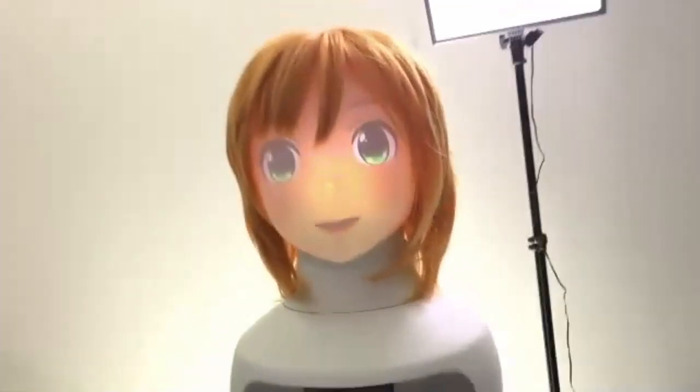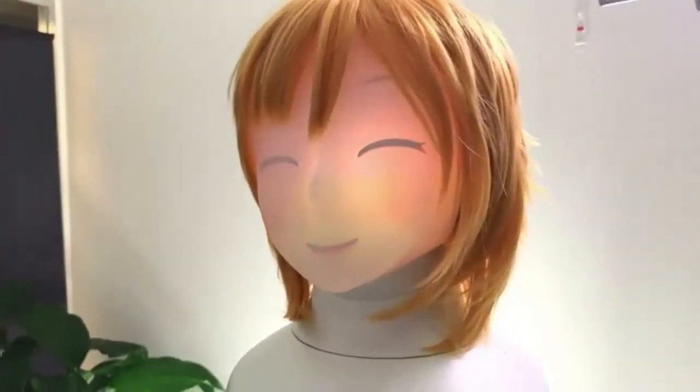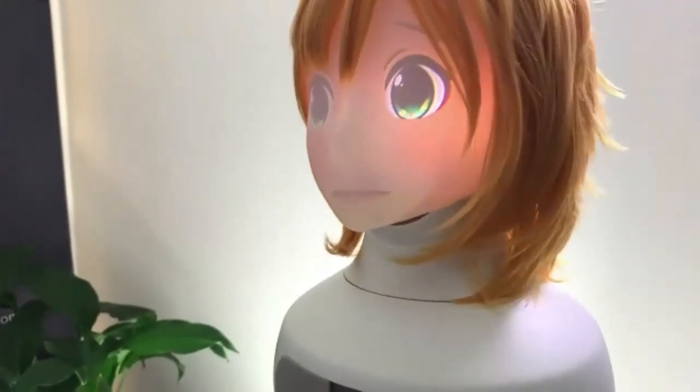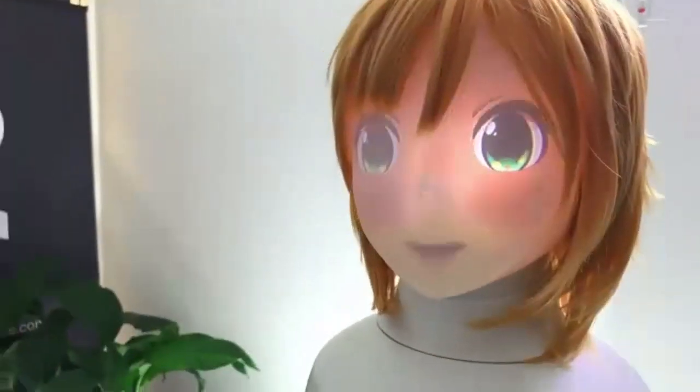And let me actually grab the camera and give you a little bit closer look at her face, and at the same time I'll also wake her up. So she looks very delighted to see me. Let me actually take control of her, and I can show you some of these facial expressions that she can do. So she can grab your attention.